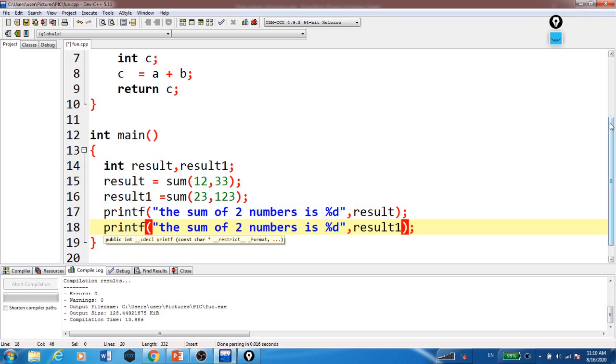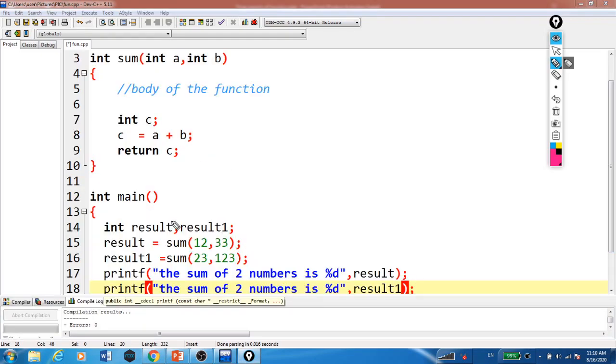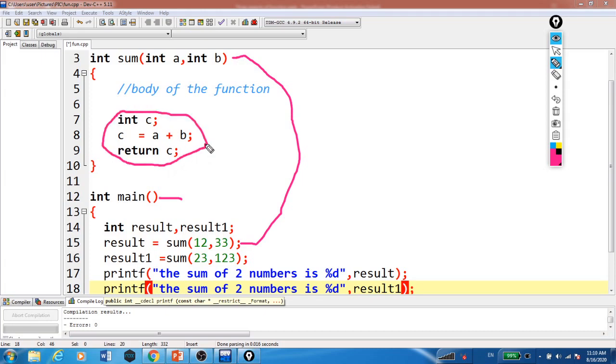So what will happen here? It will start the execution from main. First it will see the sum of this, come to the definition, execute the whole definition, and return the value to this call. Then the compiler comes back to the 16th line, and here it will again see the call of the same function name, with two different parameters.